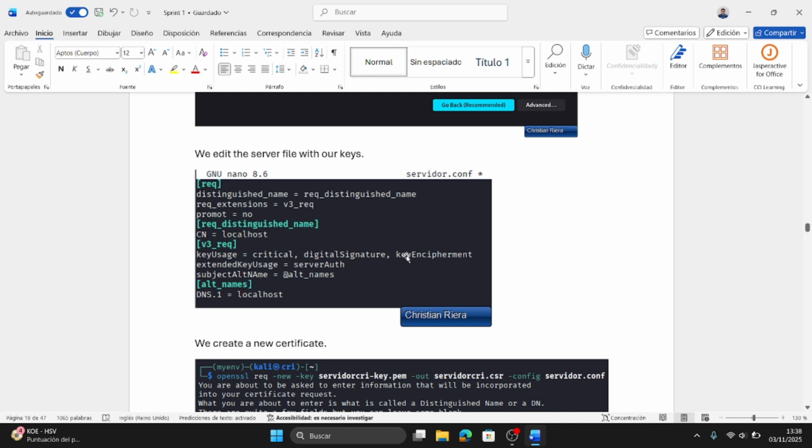And now we go to the server file where we use the keys, and we add our new keys.